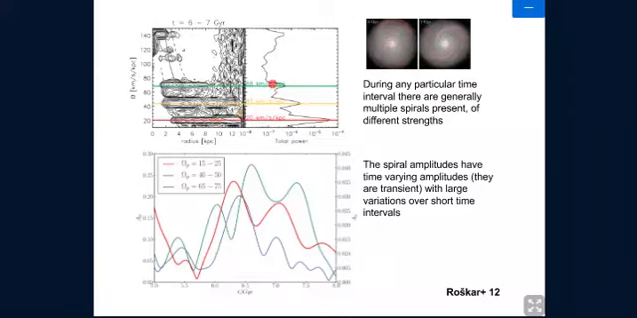In this particular case, we can easily pull out 3 spiral arms, 3 strong m equal 2 spirals, at quite different frequencies. There's one with a very low pattern speed of 20 kilometers per second. This is being plotted with the frequency on this axis, the radius on this axis,